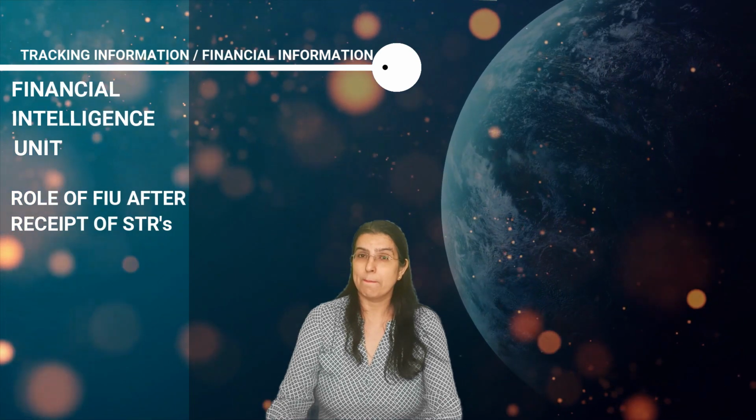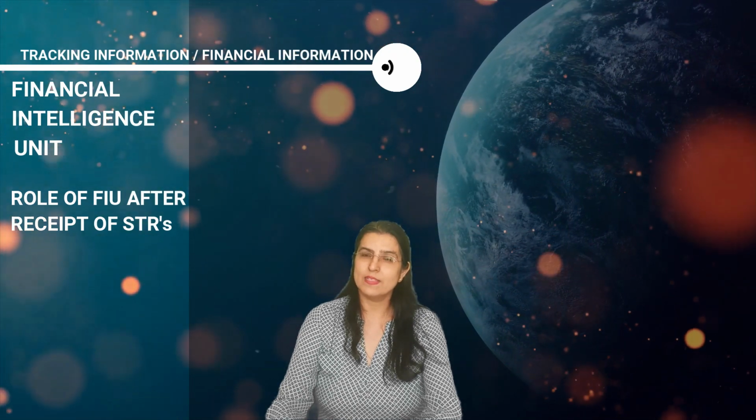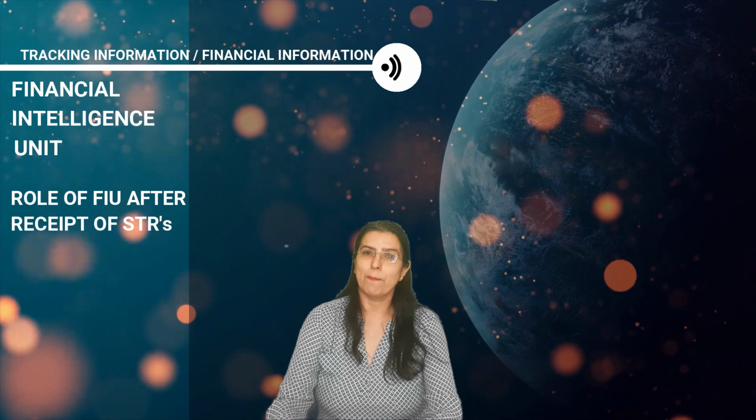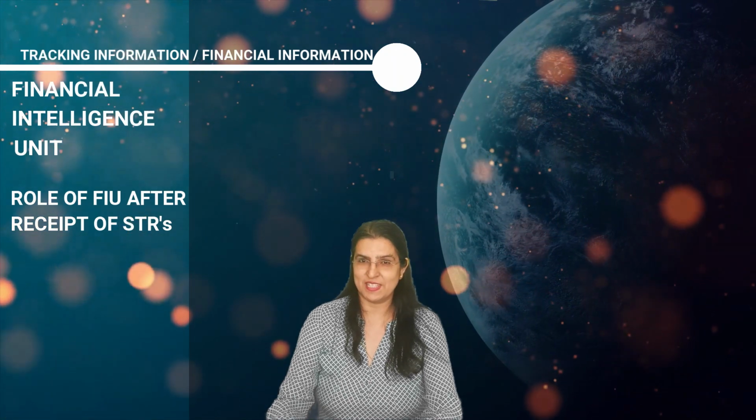It can be the income tax department, it can be the CBI, and as we said, the money laundering crime is not limited to one country. They even share such information, if required, with other FIUs. It means once the report has been submitted by the reporting entities, the function of FIU is to analyze those reports and conclude what actions are required by the other enforcement agencies. So this is what happens.